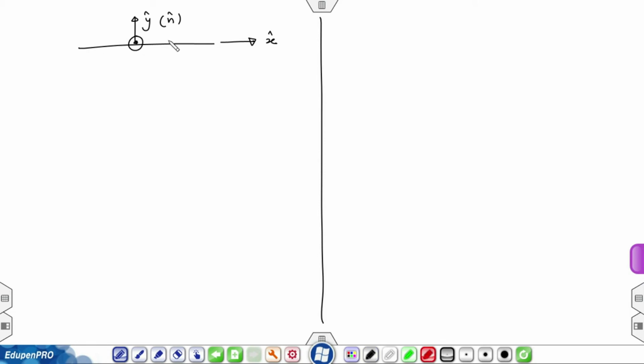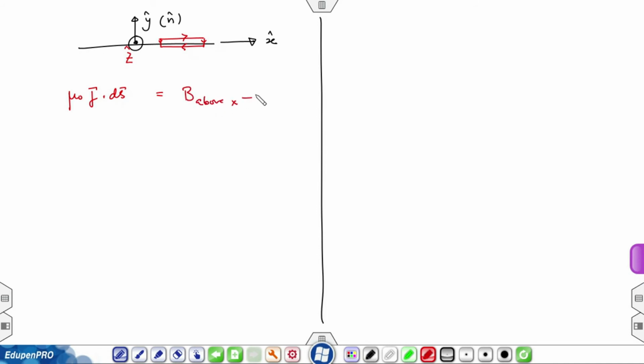I have taken a loop, the width is almost negligible, perpendicular to the z axis. Z axis is coming out, right, and then I got that mu naught j dot ds is equal to